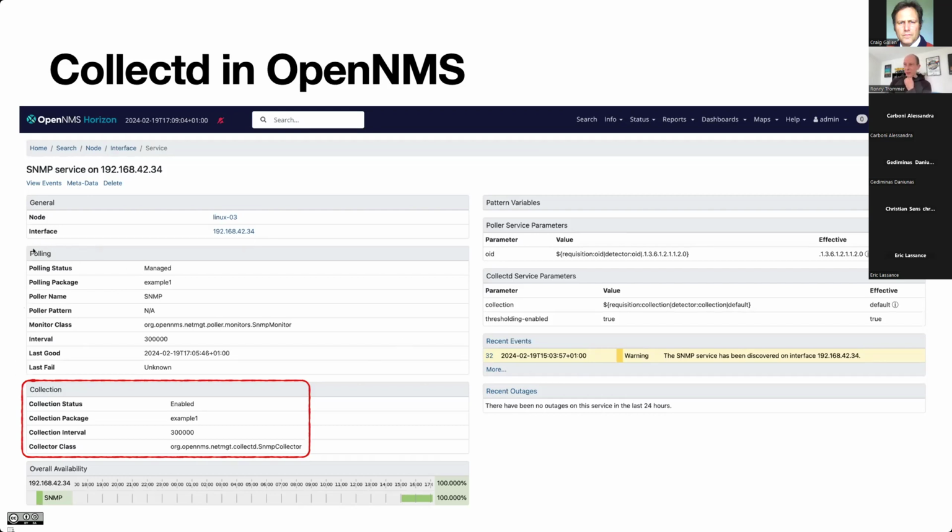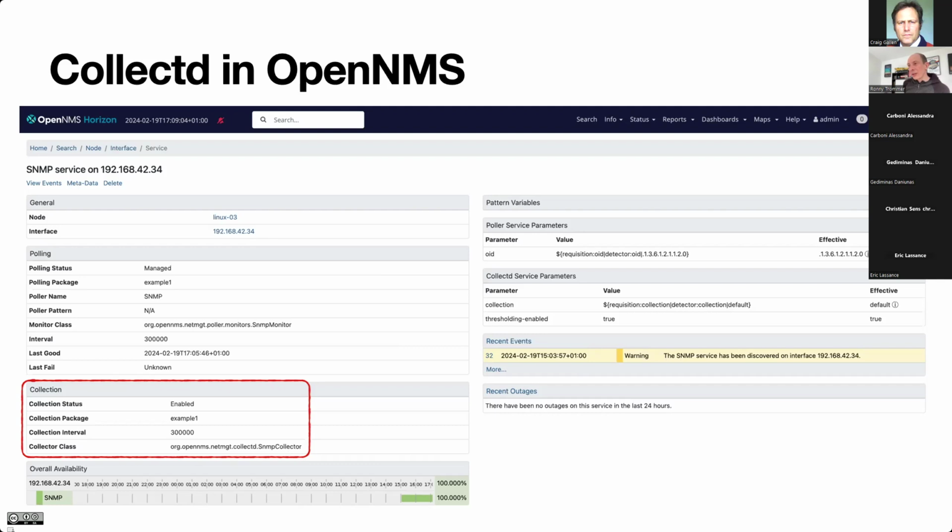That is our Pollerd daemon. That is all about testing the availability of the SNMP agent. Is it responding or not? And the second column here is the collection. So on that SNMP service, we have a collection package associated with that service, and we want to use the collector class as an SNMP collector.